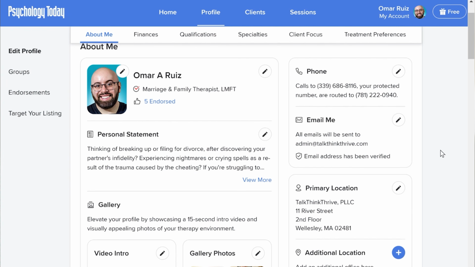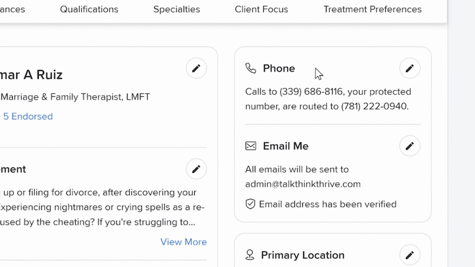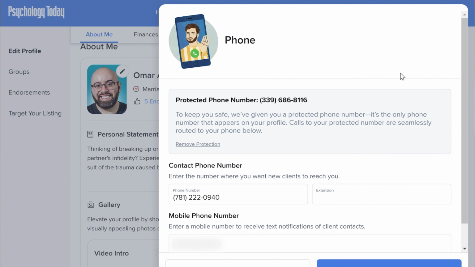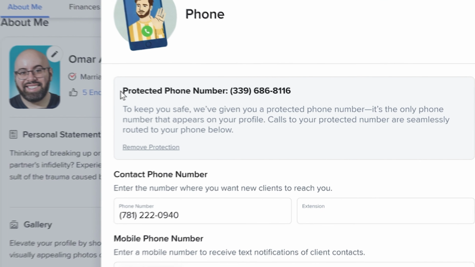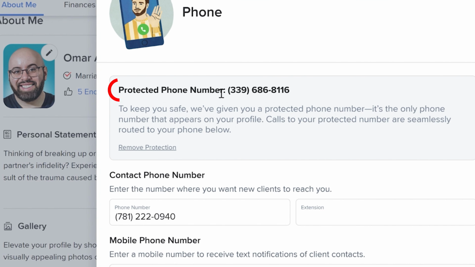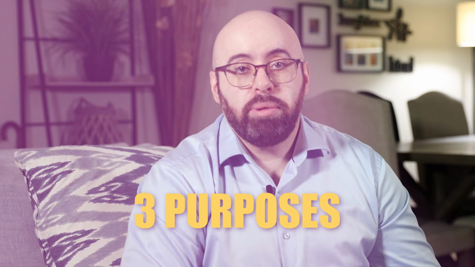The next section you will edit is your private practice phone number. You will click on the pencil icon next to phone and a pop-up should appear. You will notice that Psychology Today offers all members the ability to sign up for a protected phone number. This protected phone number has three purposes. First, it